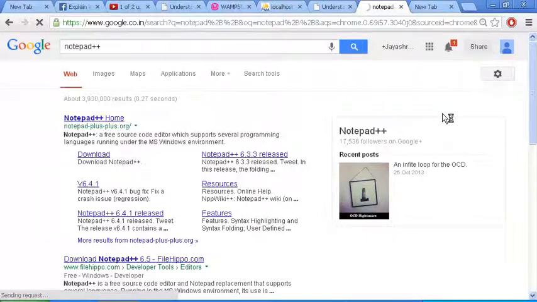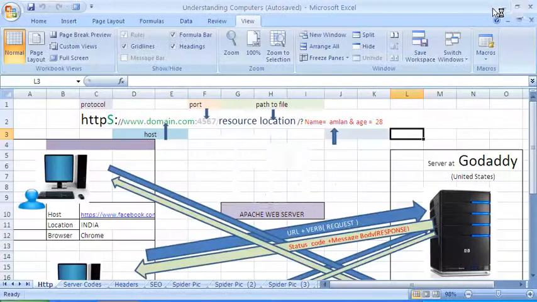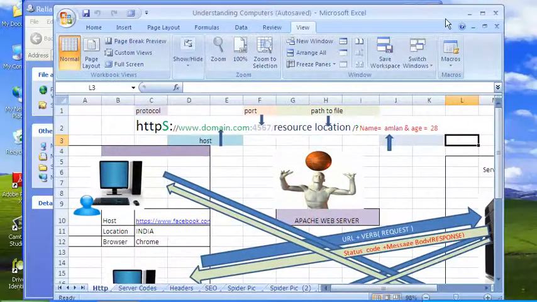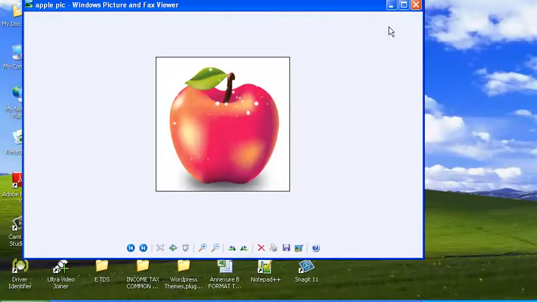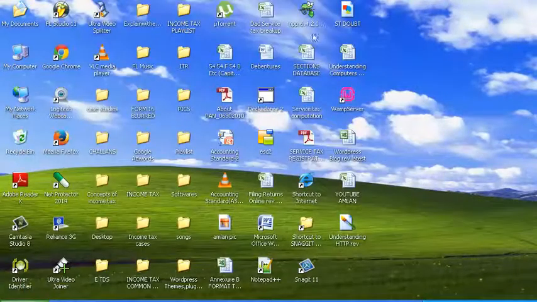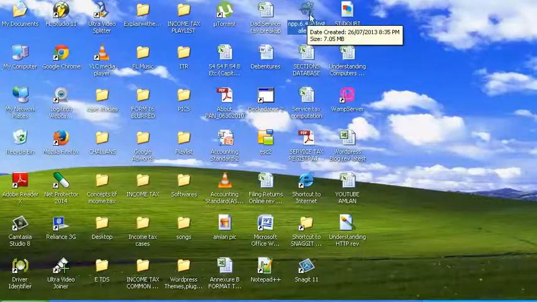The other few good ones are like Sublime and Dreamweaver. They are also pretty good. From what I hear, people obviously prefer having Sublime and Dreamweaver. But I already have loaded Notepad++. The net is pretty slow today, I don't know why. So this is the Notepad++ exe, that's the executable file.